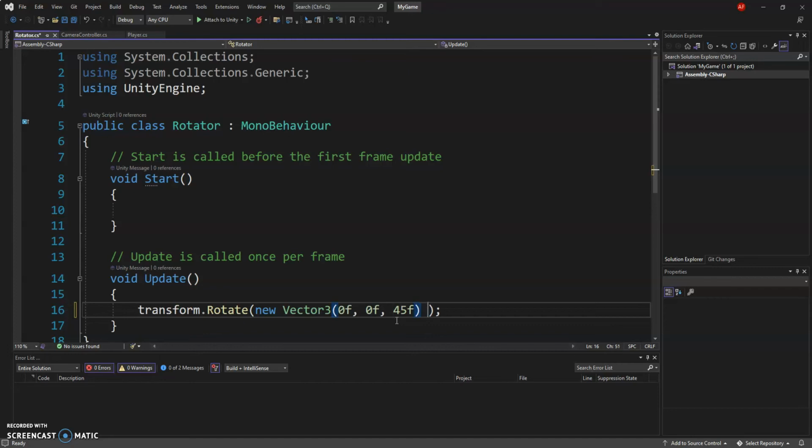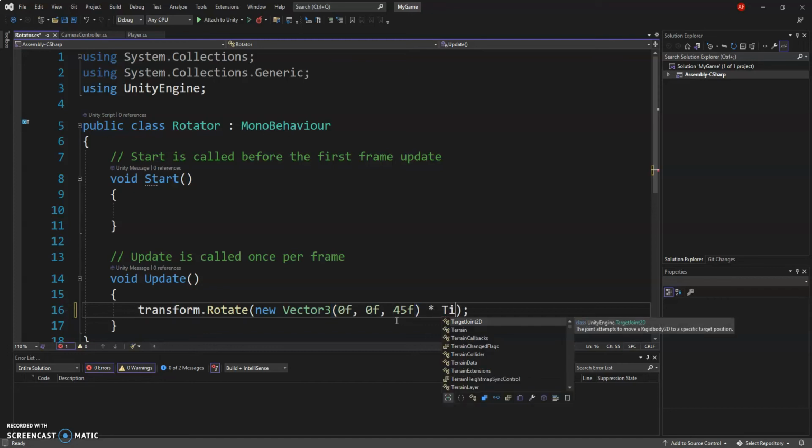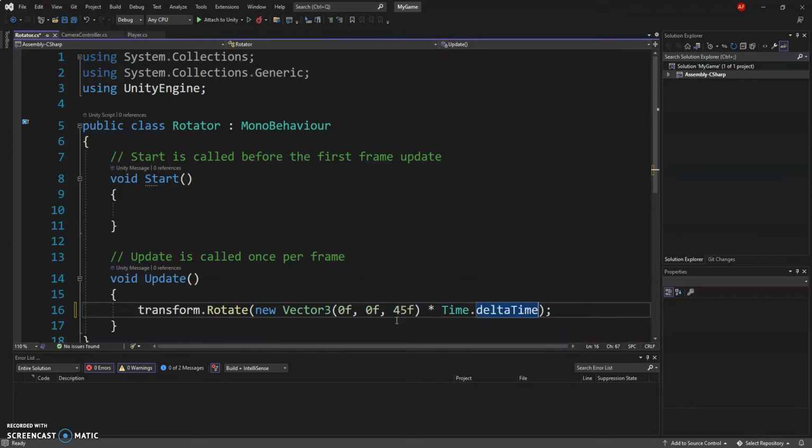And I'm just going to make sure I multiply this by Time.deltaTime. And that's just sort of the real time that's going on in the game. If you don't do that, it could spin really quickly on some computers and slower on other computers. So if you multiply it by Time.deltaTime, it just makes it consistent across all computers. And that's all we have to do. So it's just going to simply rotate this object through the z-axis,